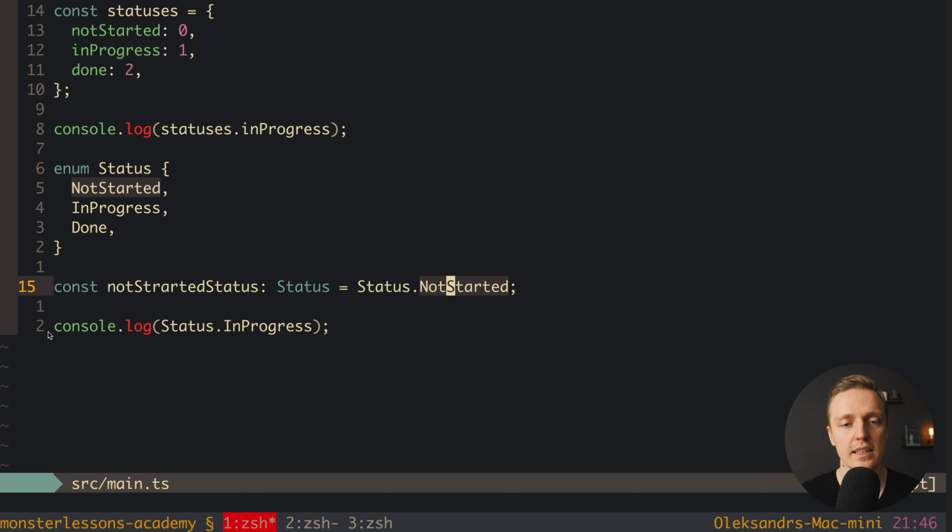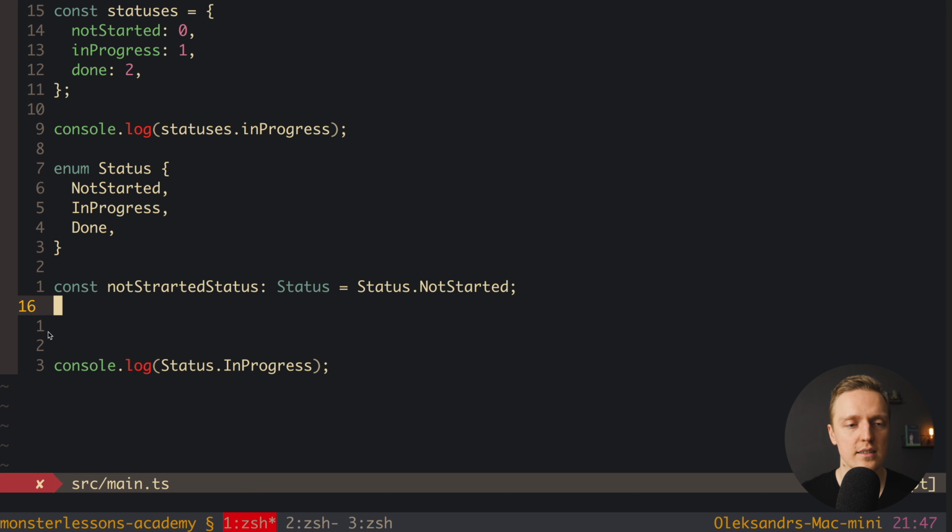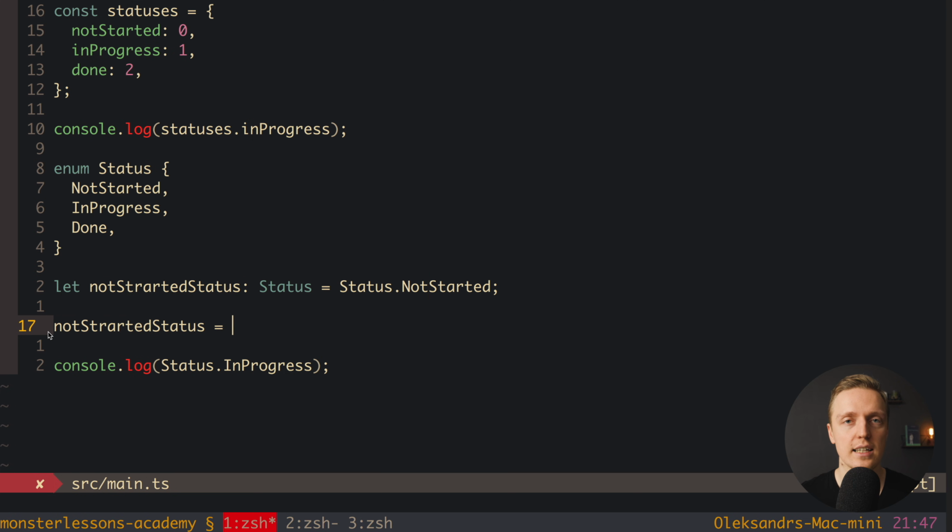As you can see, we can use Status both as a data type and as a value. So now we have this notStartedStatus of type Status, which means that if we change it from const to let, so we can at least change it, we can write notStartedStatus and assign something.